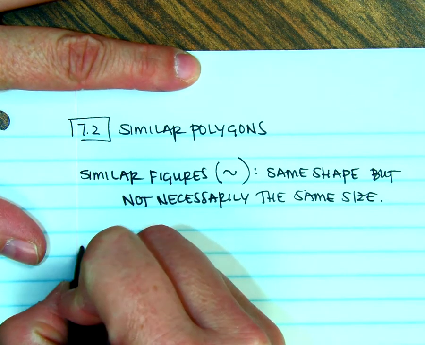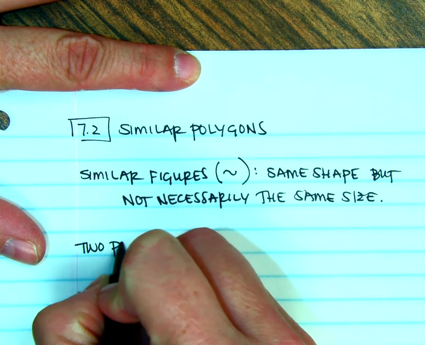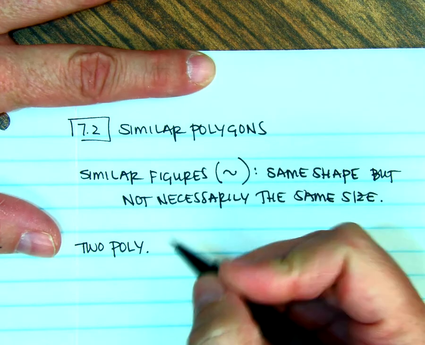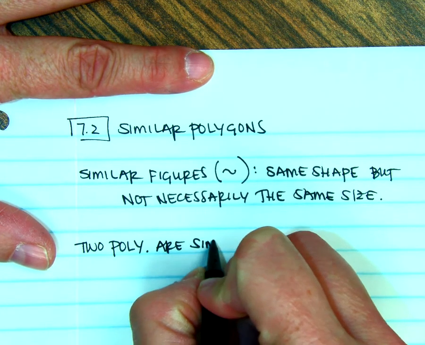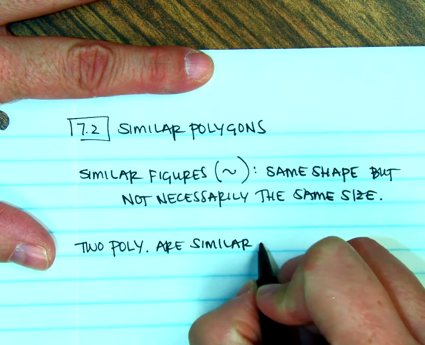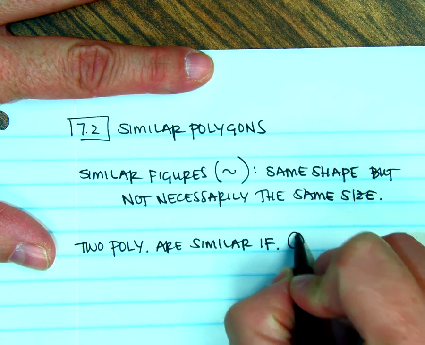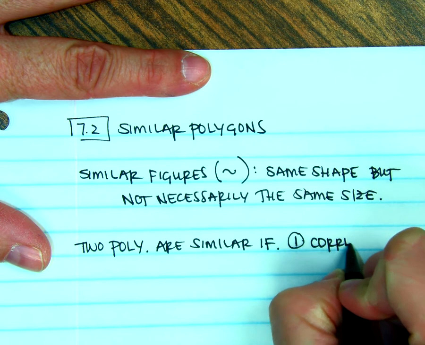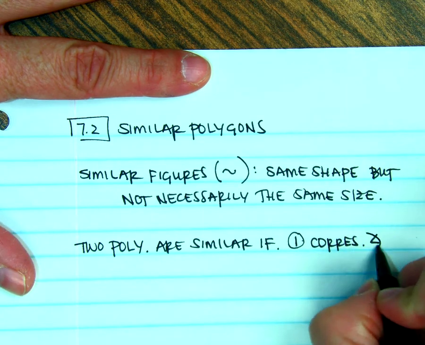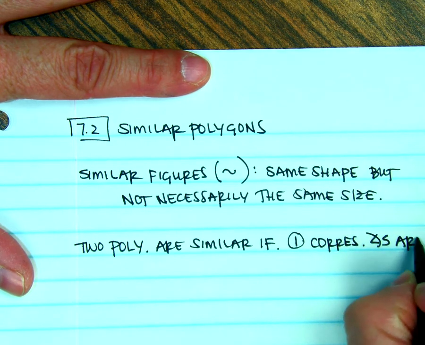If two polygons, I'm just going to abbreviate it poly, two polygons are similar if two things are true. If, first thing, corresponding angles, again I'm going to abbreviate, corresponding angles are congruent,